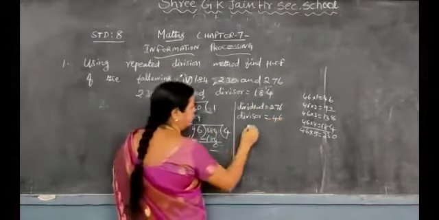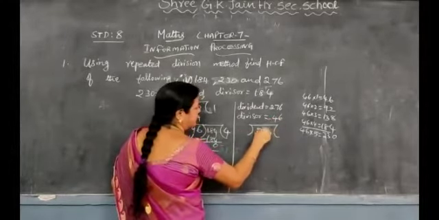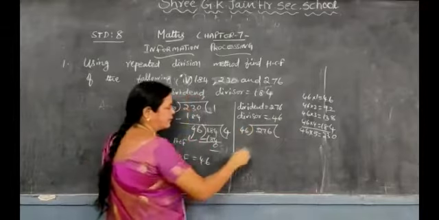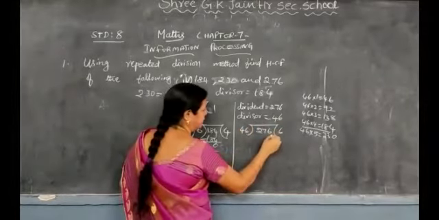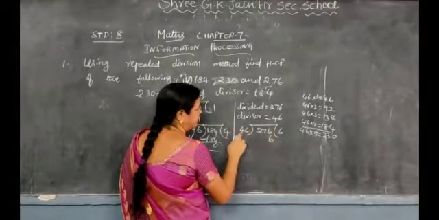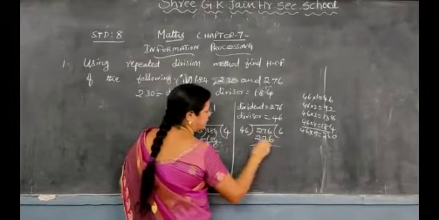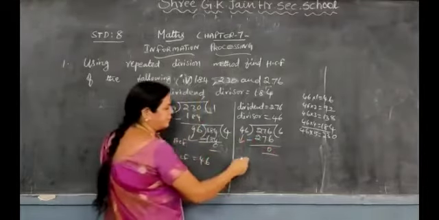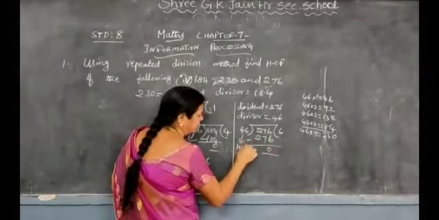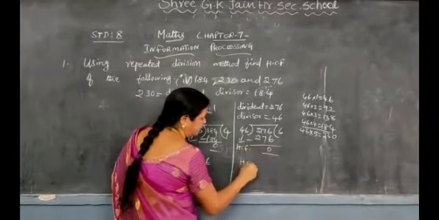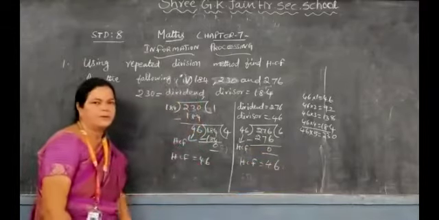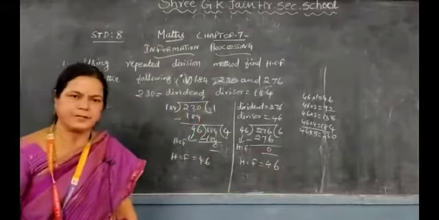Okay, shall we do it now? The very same method we are going to do continuously now. 276, 46. So how many times? 6 times. 6 6s are 36, balance 3. You will get 276. So here also the HCF is how much you are getting? 46. So this one is the HCF. So HCF equal to 46.